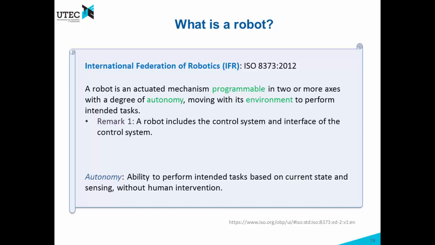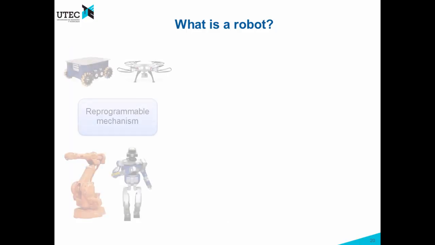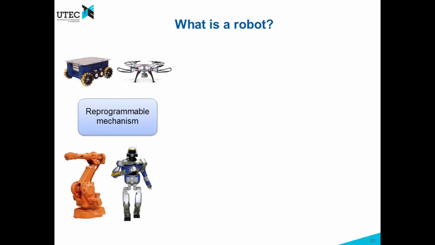The first remark is that a robot includes the control system and interface of the control system. And a second remark is that the classification of a robot into industrial robot or service robot is done according to its intended application. So based on the previous definitions, we can say that a robot is a reprogrammable mechanism,